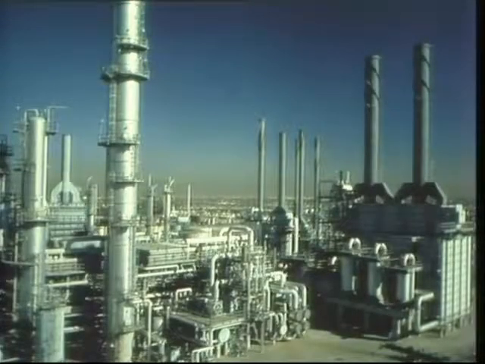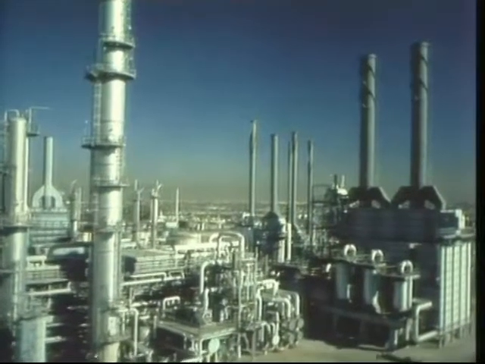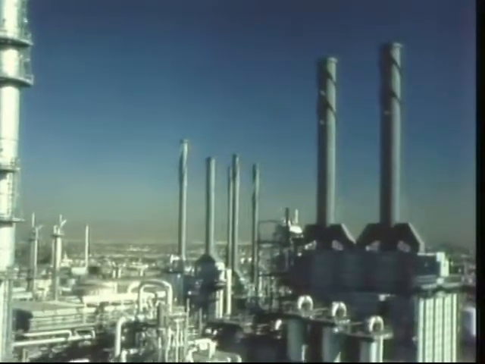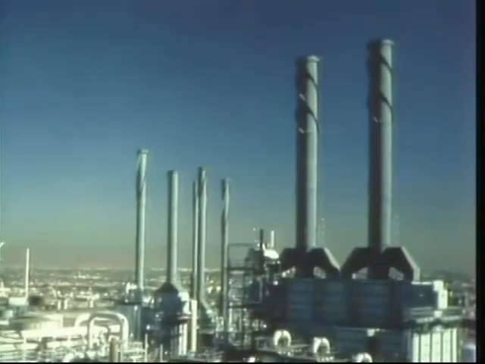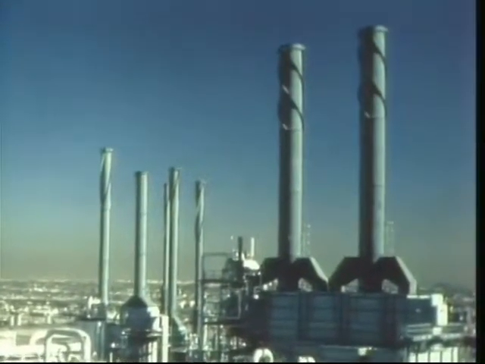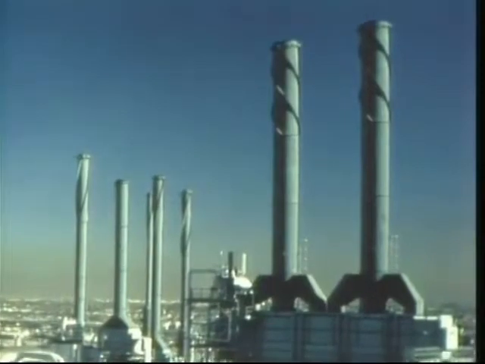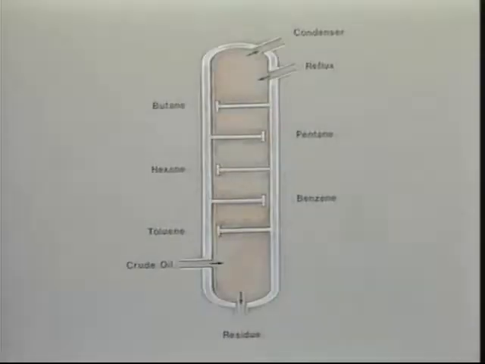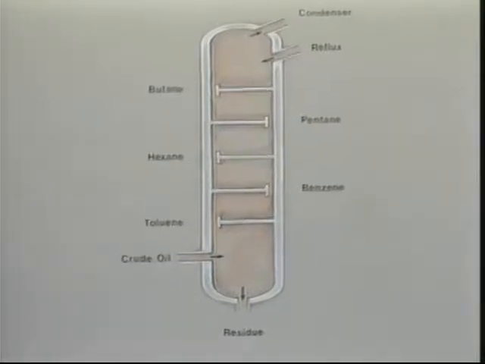A refinery produces gasoline utilizing the principles of fractional distillation to separate the gasoline from the crude oil mixture. Crude oil is heated by a furnace to a temperature between 320 and 370 degrees centigrade, and then pumped at a constant rate into the bottom of a tall fractionating column. The fractionating column is separated into 30 or 40 perforated fractionating plates spaced at regular intervals.